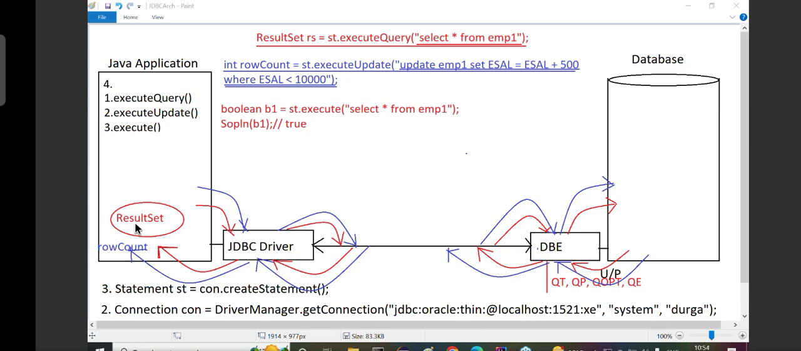Even in the case of execute method with select SQL query, result set object is created, but execute method will not return this generated result set object reference. Execute method will not return the generated result set object reference. Here, execute method will return true value. Here, execute method will return what there? True value. Got it or not? So here we are able to get true value. Right. Then after that,